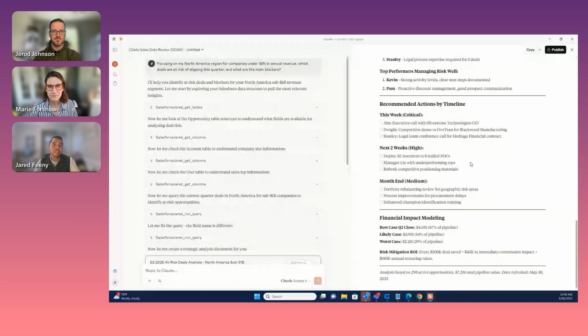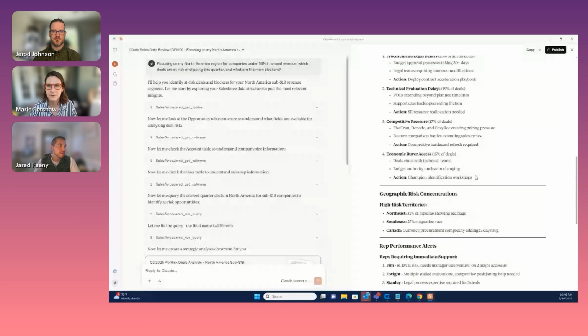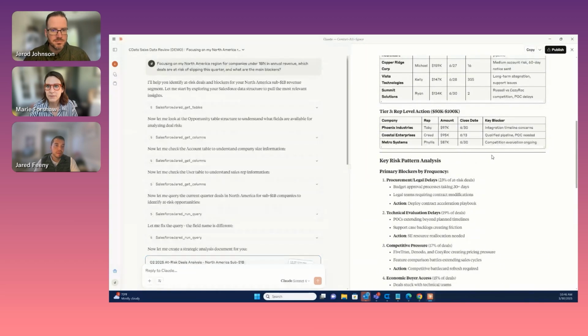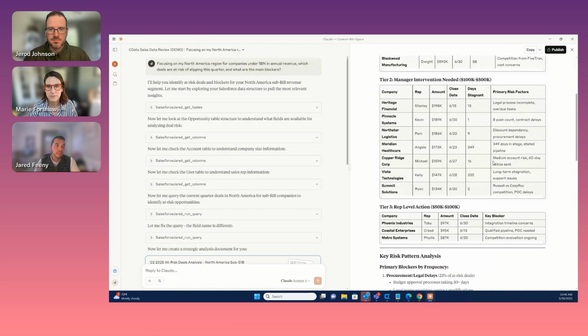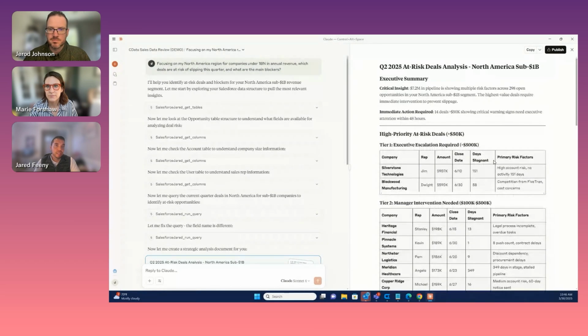Yeah, so a lot of this, and this is where it is very, very valuable for your reps to input your data appropriately, because what it's doing is taking the different fields and different columns, next step, last activity, not being within 7 days, 15 days. Those aren't things that I've set as criteria to define the risk, to your point, Marie, but it recognizes that if you haven't spoken to someone in 300 days, it's probably a risky deal. So that's also the huge value of it, it's creating, based off of just industry standards for what sales leaders should be looking for,